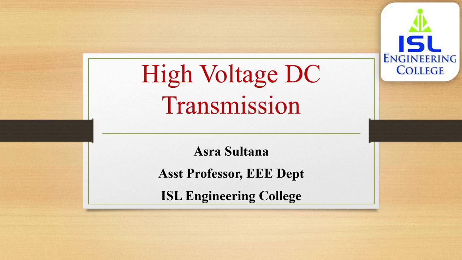A DC line in the case of a bipolar system consists of two conductors, one operating at positive polarity with respect to ground and another operating at negative polarity. Extra high voltage DC lines have bundle conductors to minimize the effects of corona. The design of a DC line is carried out with similar considerations as an AC line. However, performance of insulators is different with direct voltage and the problems of pollution are severe compared to AC operation. But the converter control allows reduced voltage operation under heavily polluted conditions.